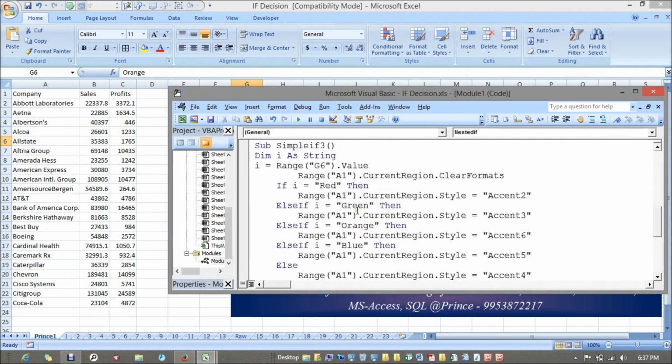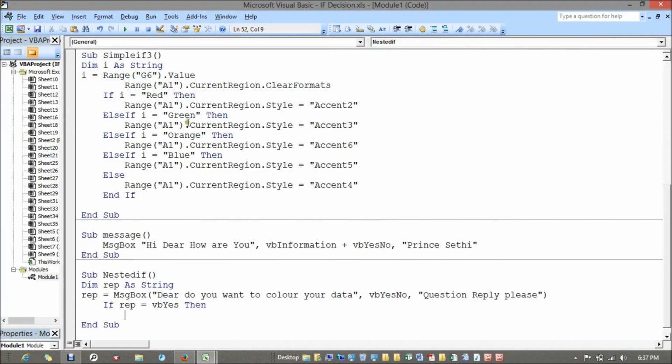If I have pressed the yes button, I want this condition, these loops to be executed. So if you want, you can just make its copy and paste it over there, or if you want, you can call this procedure, like call simple if 3. So if you haven't tried this code prior, then you need to type this out. Fine. So else